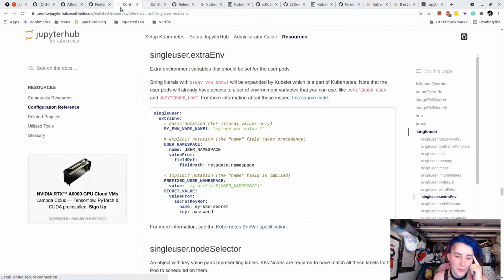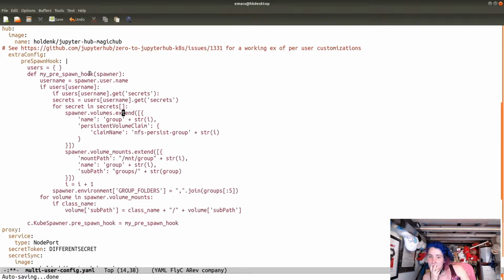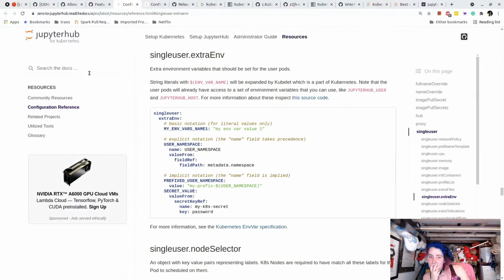Let's take a look at this example. So here, spawner dot